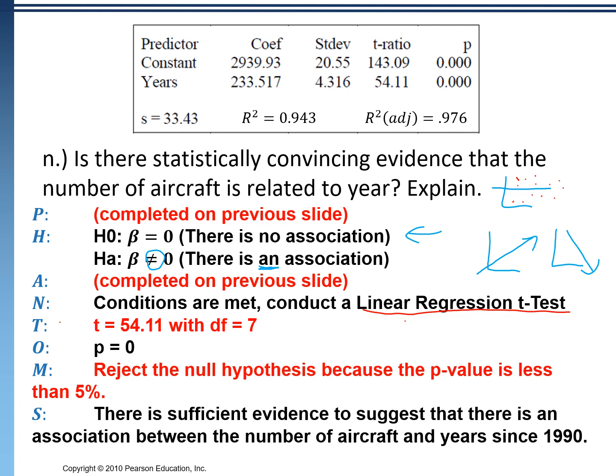This t-score, the test statistic, comes right from the sample. This hypothesis test is about slope, so we're on the slope line of that equation there. The t-score is 54.11. With 7 degrees of freedom, again, that's because there were 9 points on our graph, and degrees of freedom for linear regression is n-2. Our p-value comes from right here on the table, or we could use t-CDF in our calculator. But regardless, with such a low p-value, we will reject the null hypothesis because that p-value is less than 5%, and find that there is sufficient evidence to suggest that there's an association between the number of aircraft and years since